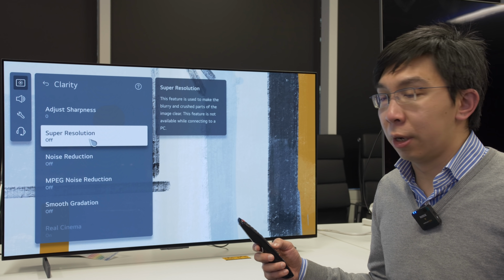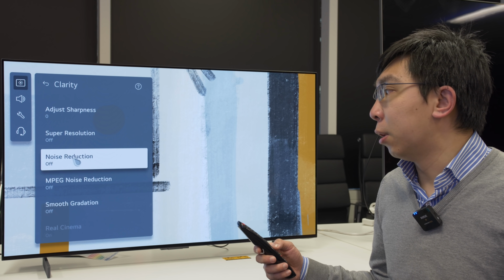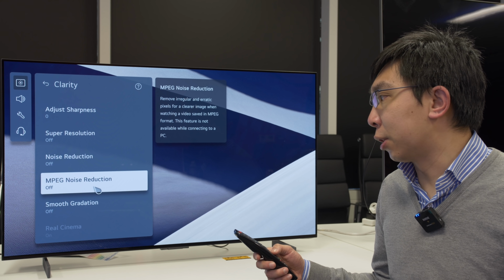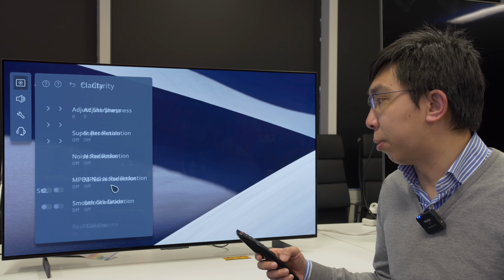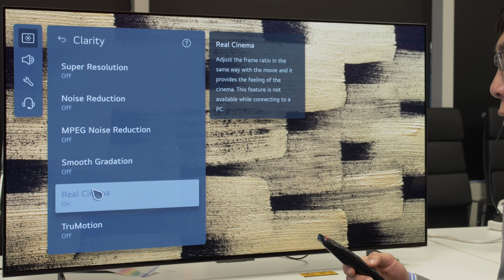And super resolution again is another form of edge enhancement. In filmmaker mode, it is normally off, which is correct. Noise reduction, impact noise reduction, and smooth gradation are all still present. And if I actually go there and Real Cinema, again, because I haven't fed any video signal to this 42-inch